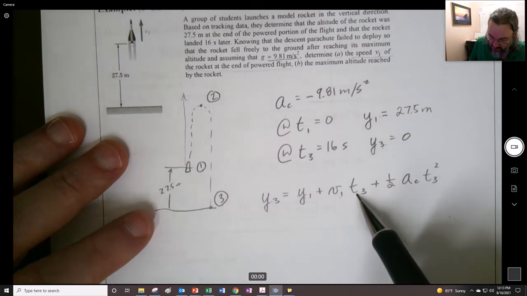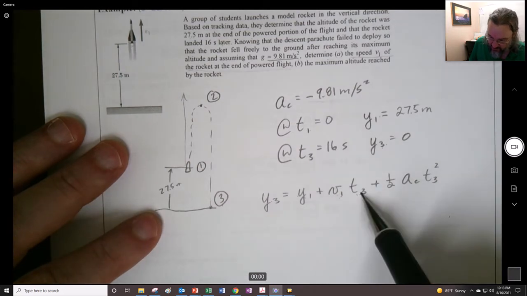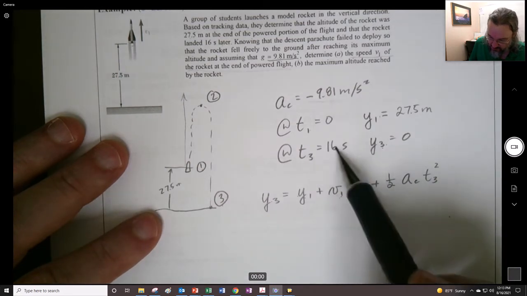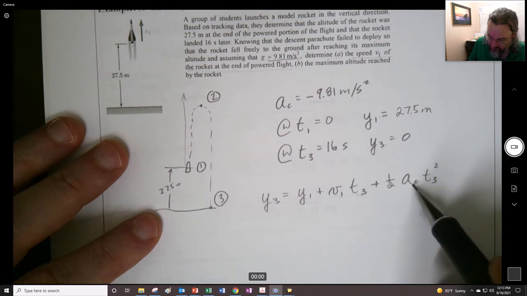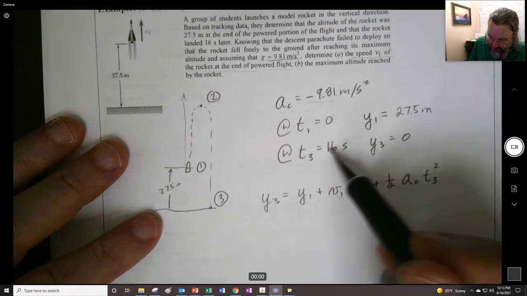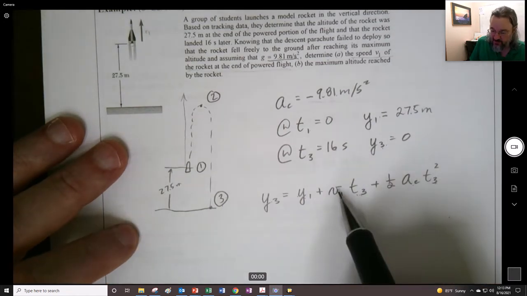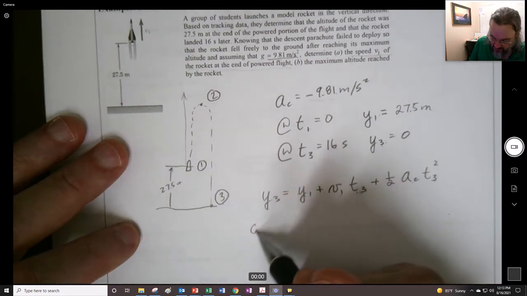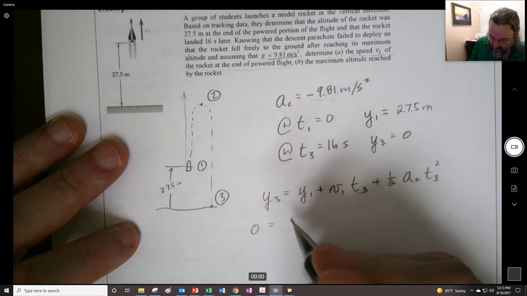Here's what we don't know. Here's where we know that this is the end time. We know this acceleration, they told us, and here we know this end time, right? So we know everything except for that velocity, so we can find it out. So we say 0 is equal to our